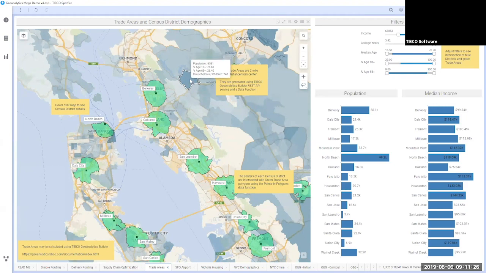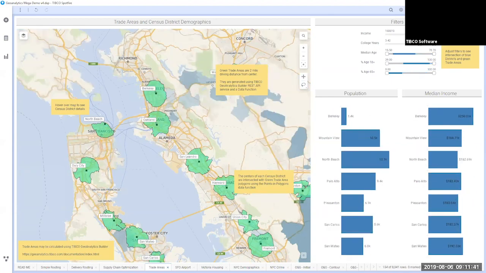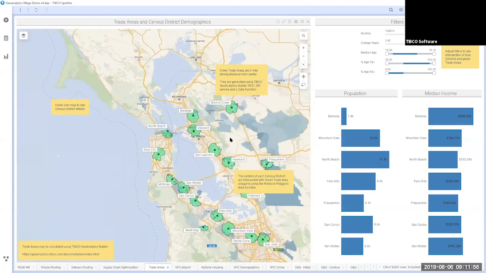And if I want to find an intersection between this geometry and these green areas, so Berkeley is green right there, you've got Oakland, you have these different cities, I can filter my census information in the background, and this is giving me the intersection. So I can see, you know, income above $150,000 and college years above 3.42. These are the populations across each of those cities, median income, things like that. So it's an intersection of two different